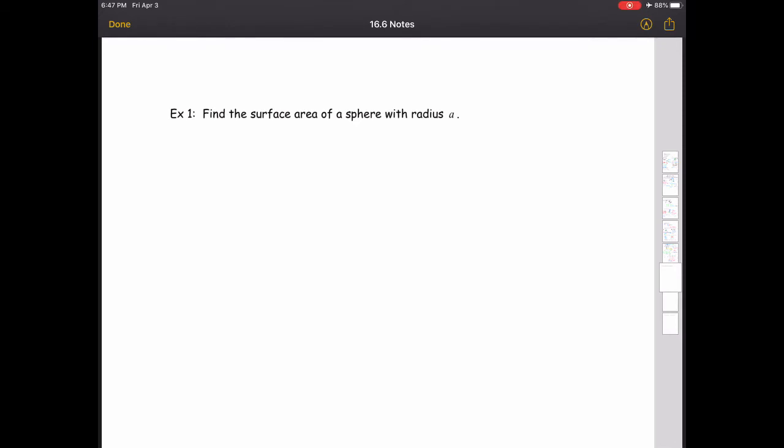All right, we have three examples to do. First one is we want to find the surface area of a sphere with radius a. So if we're going to parameterize the sphere,